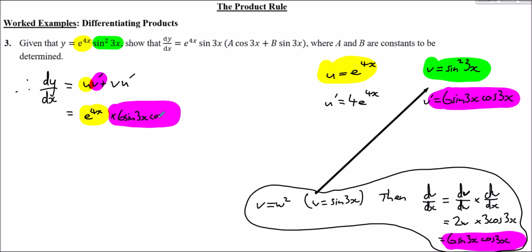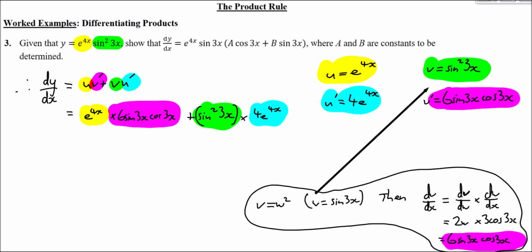We're going to add to that v, which is sine squared 3x, multiplied by u dashed, where u dashed is 4e to the 4x. And sine squared 3x was, of course, v. So, simplifying this and trying to get it into the same form as what we need, we're going to have